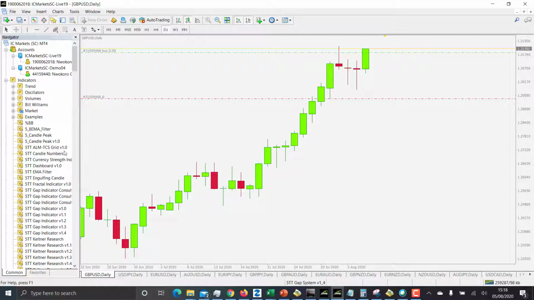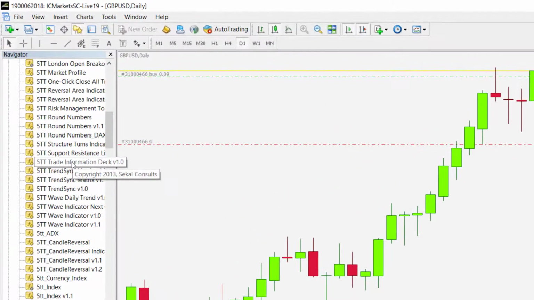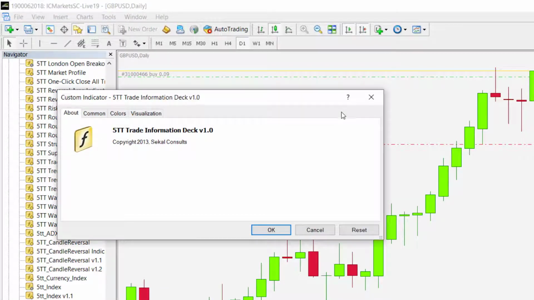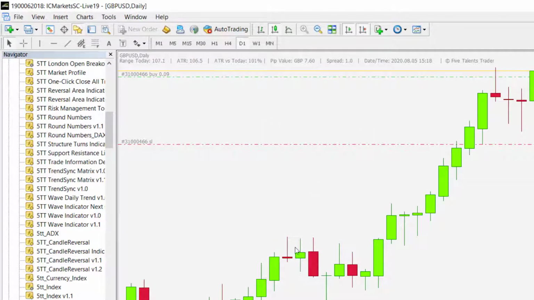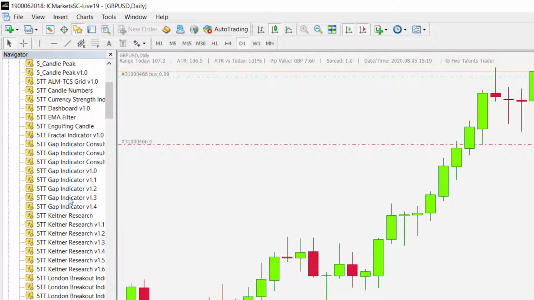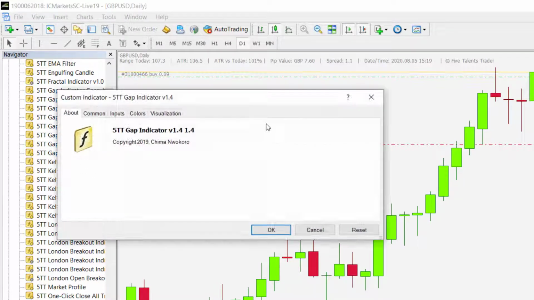And so we're going to be placing the two indicators, which are the 5TT information deck and the 5TT gap indicator. So I'm going to find the 5TT trade information deck first, move it to the chart, and it opens this. There is nothing to set on this, just go OK, and that's the trade information deck. So it gives you this information here. Those of you that have it already know. You then go ahead and find the 5TT gap indicator, the latest version. Just grab it, drop it on the chart, and